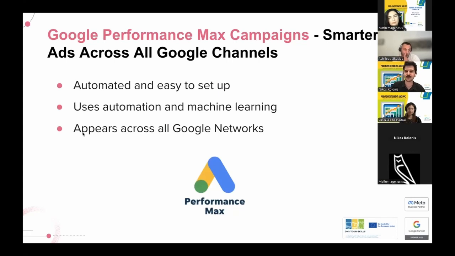Last but not least, we have Google Performance Max campaigns. And this is a relatively new campaign type. It basically uses automation, uses AI and machine learning. It is relatively easy to set up. It's a campaign type that I would recommend to beginners because it's very easy to set up. And what this allows you to do, with a few simple steps, is to appear everywhere